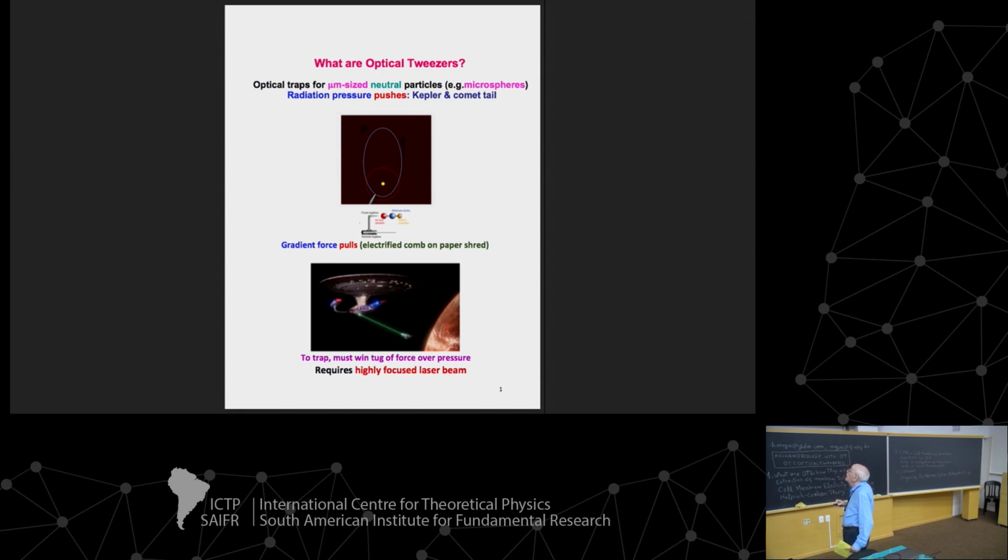Now, besides pushing, the radiation can also pull an object using what is called the gradient force. What is the gradient force? Well,